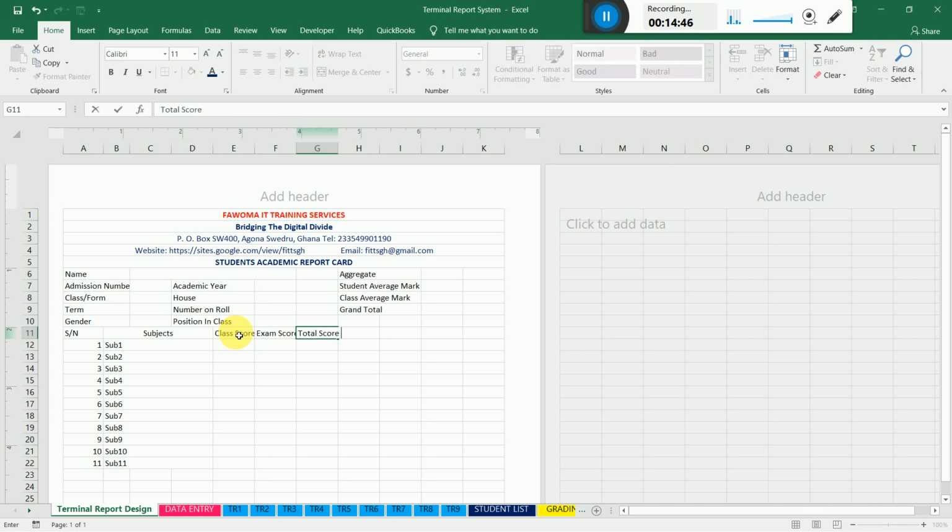Total score, which into bracket 100%. Then we come to the grade. We come to remarks. Then we come to position in